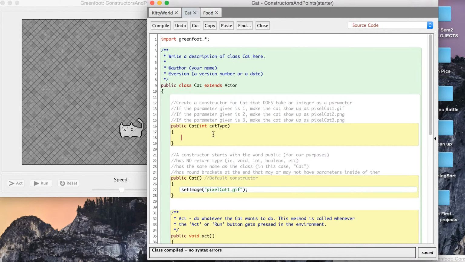Now, this is going to require that when we create a new cat object, we have to send a number to this constructor. It says here, if the parameter 1 is given, make it show up as pixelcat1 like our default constructor. If parameter 2 is given, make it show up as pixelcat2. And parameter 3 makes it show up as pixelcat3. So we're going to say if cat type equals 1,